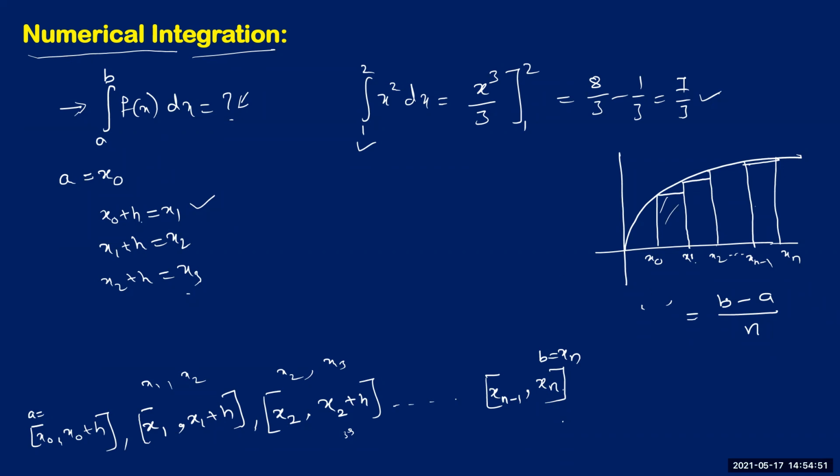In numerical integration also, we are going to do a similar thing. And see here in this numerical integration, we are going to discuss two techniques. One is using the trapezoidal rule. Probably some of you have discussed this already in intermediate. And the second thing we discuss is Simpson's rule. Let me just give you one idea behind these two rules, and then we'll move on to the actual story.